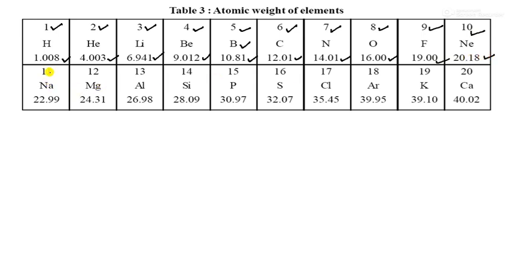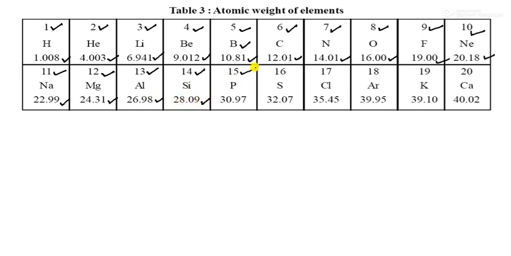What about sodium? Sodium has atomic number 11 and the mass is 22.99. And magnesium has atomic number 12 and the mass is 24.31. And aluminum, atomic number is 13 and atomic mass is 26.98. Silicon, atomic number is 14 and the atomic mass is